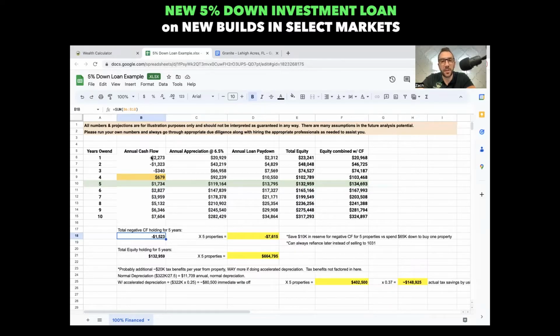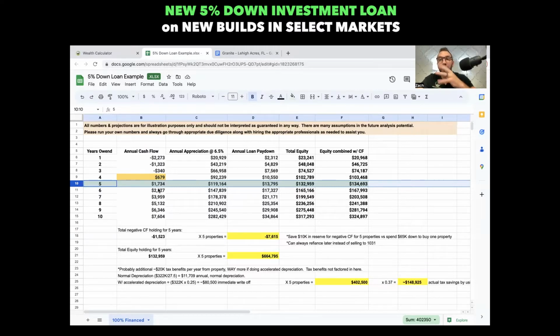Like, this is just a great option to be a creative investor. But let's look at this example. Let's say, okay, hold properties just 5 years for an arbitrary number. You could hold them whatever. You could hold them 1 year and still cash in and do well on the equity that you've built. But I think it really makes sense after about a 3-year hold when you start to get into positive cash flow. And I mean, probably these things I would hold between 4 to 5 years just to really allow them